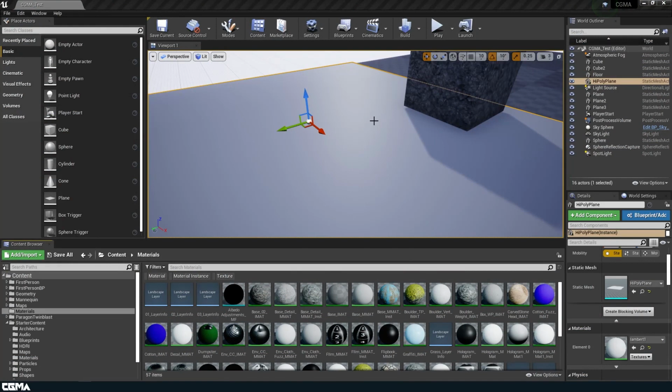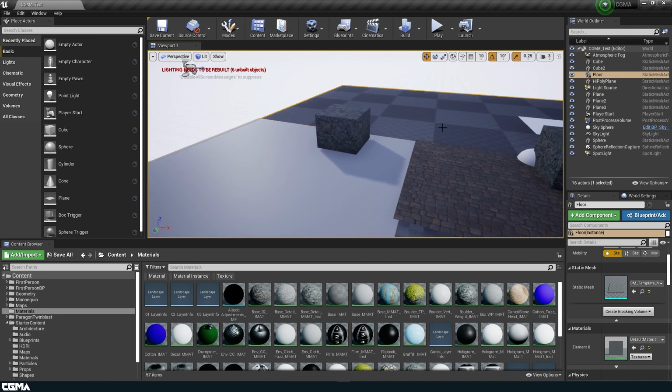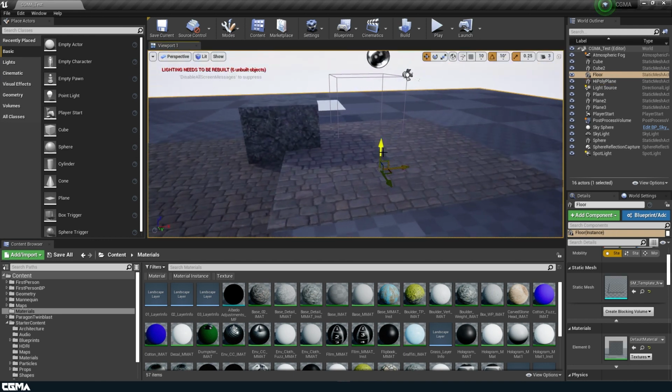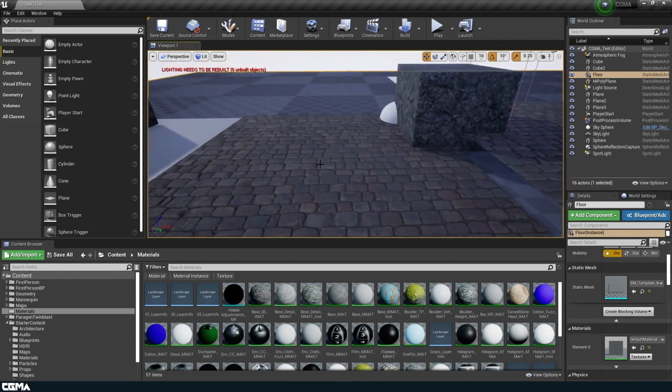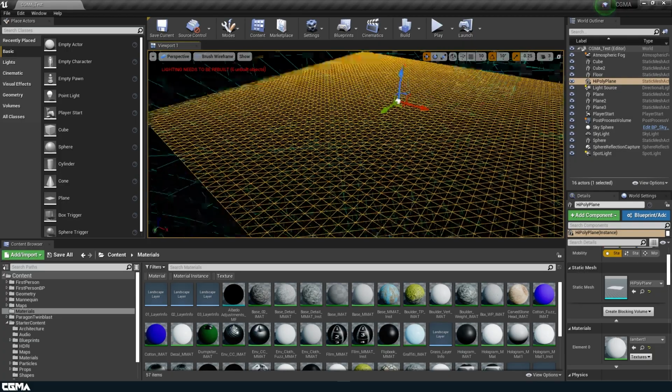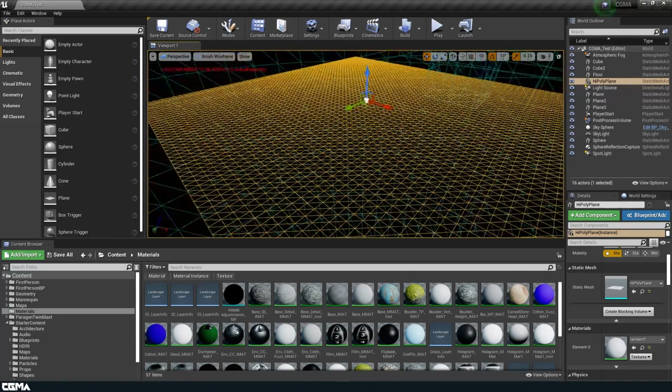Okay, so next we're going to talk about tessellation and displacement. That is the more expensive version of the parallax occlusion mapping and also the bump mapping. So how it generally works is tessellation takes whatever the vertices of the mesh is. So if I go here into our wireframe, I've already brought in this very high poly mesh plane that has